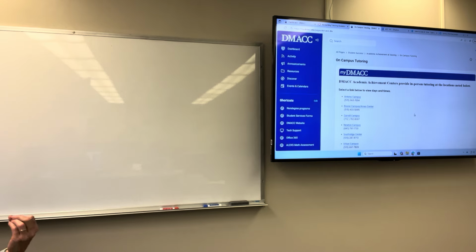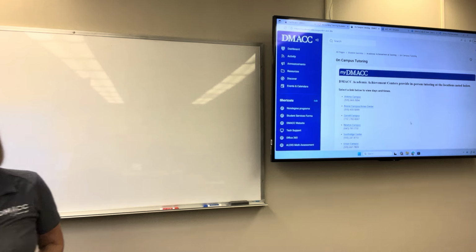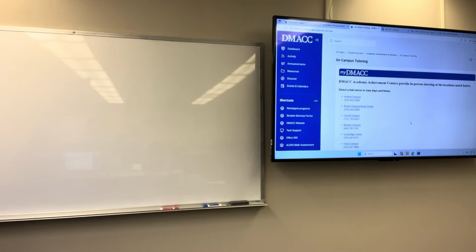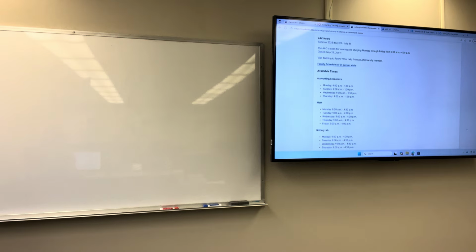Accounting tutoring. So I cannot guarantee that there are tutors in the AAC that know anything about taxes. My experience in the past, and that doesn't necessarily mean that it's still the case, is that most of the tutors there are very good with financial accounting. Like if you're taking a principles class, they're spot on, they're great. But in the past, my experience has been there are not tutors that know anything about tax, whether it's income tax or payroll tax. Again, I don't know if that's the case now.